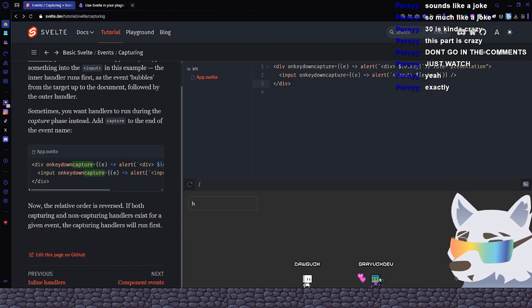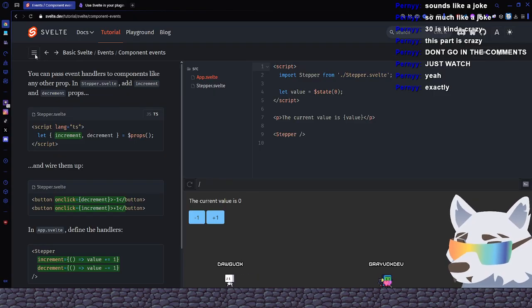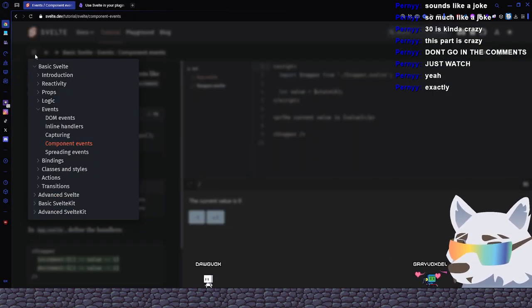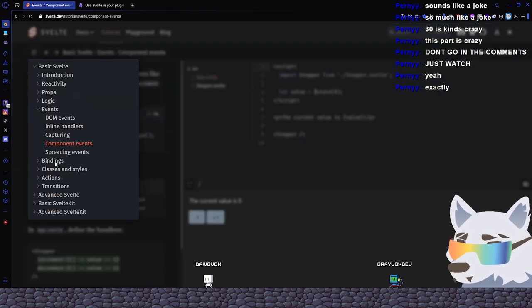Both capturing and non-capturing handlers exist for a given event. The capturing handler will run first. Okay. Component events. About halfway through basic Svelte. Once we finish up events,